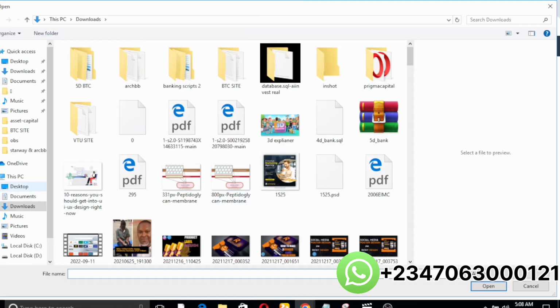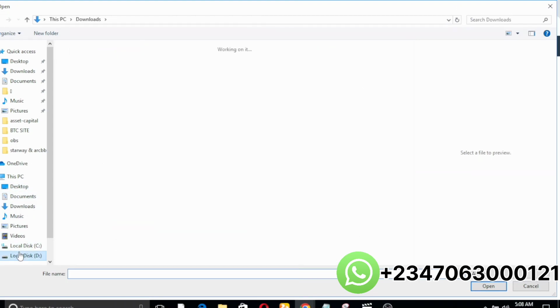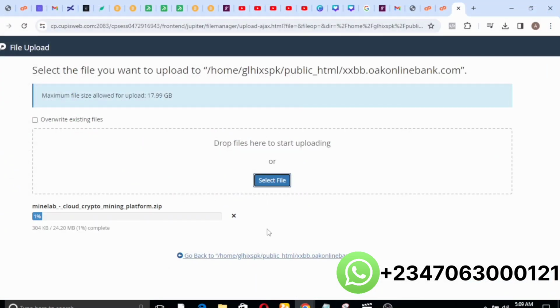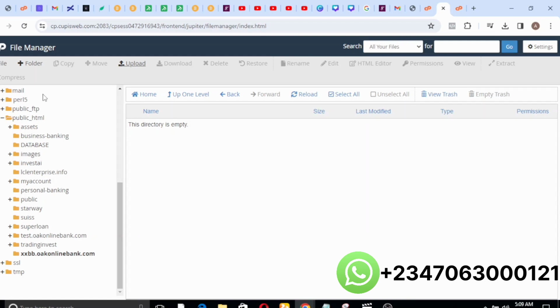Then select files. Let me quickly search for the file that I want to work with. My lab, this is the file. So I'll go ahead and open this. Our site is loading up. As this is loading up, let's quickly go ahead and create our